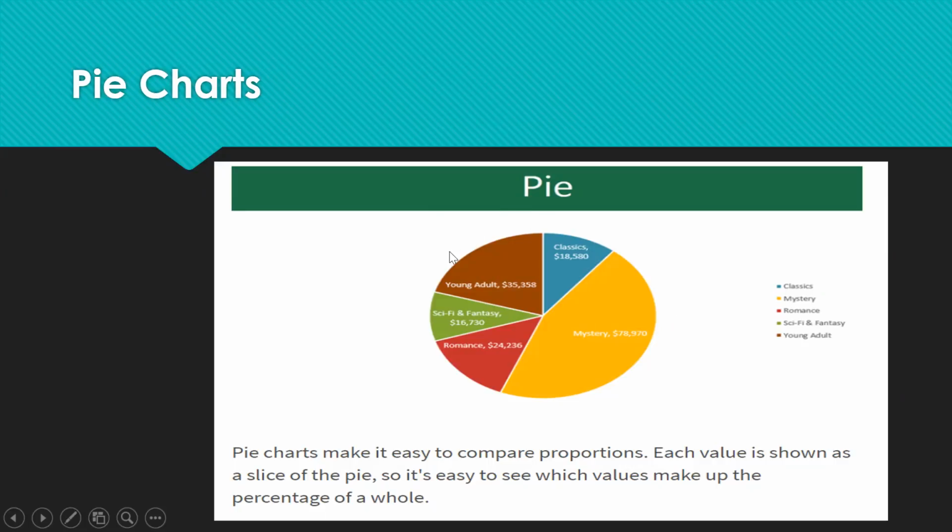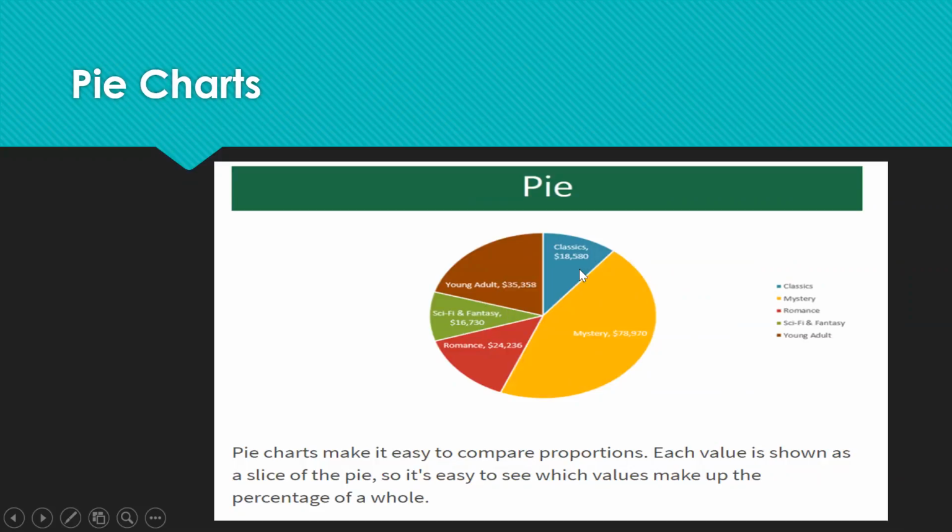If you take the total sales and compare the mystery sales, mystery sales is around $78,970. This occupies most of the chart, based on proportion. So proportionately, mystery has sold a greater chunk of the pie. Comparatively, others are a bit lesser.